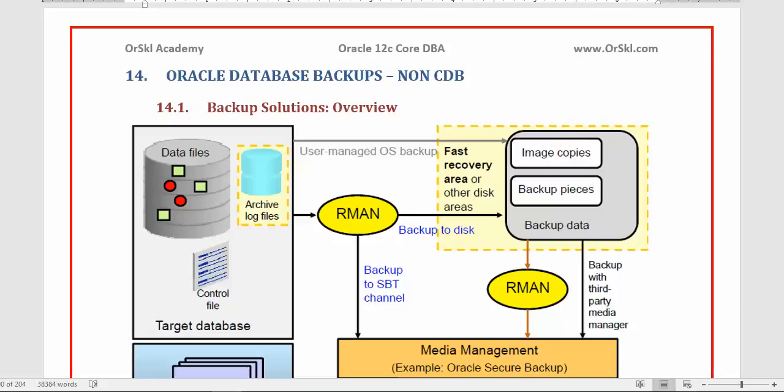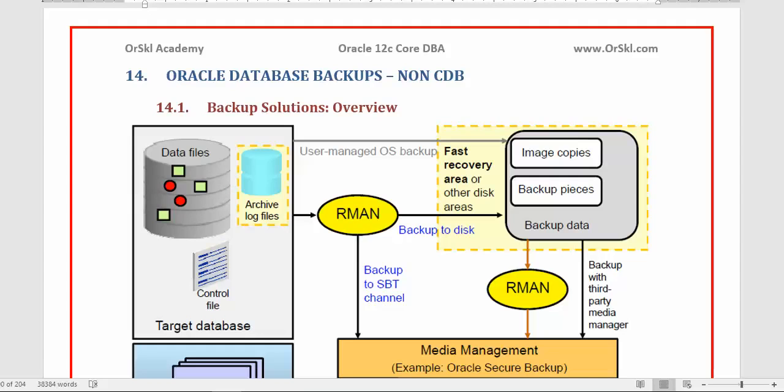We are in the 23rd session of the Oracle 12c Core DBA for Beginners course, which is exactly the DBA part. In this session, we are going to cover chapter number 14, which is Oracle Database Backups. In the last couple of sessions, we have understood the basics and concepts around backups and recovery. Now it's time for us to go into detail about backups in this chapter and perform a few of the backups that an Oracle DBA regularly handles, and we will also see what the different options available to take the